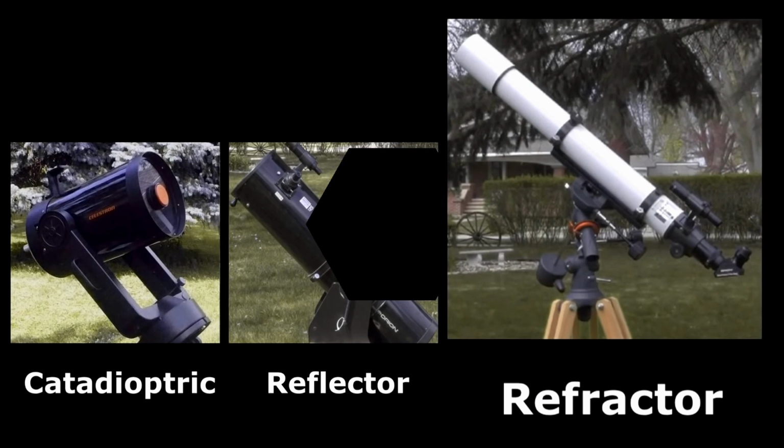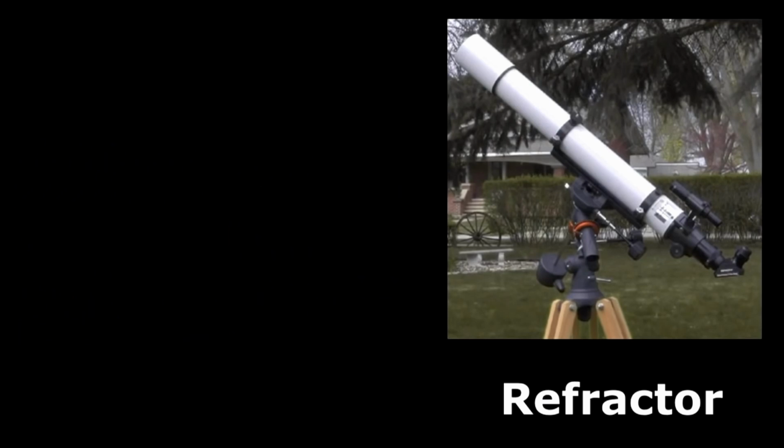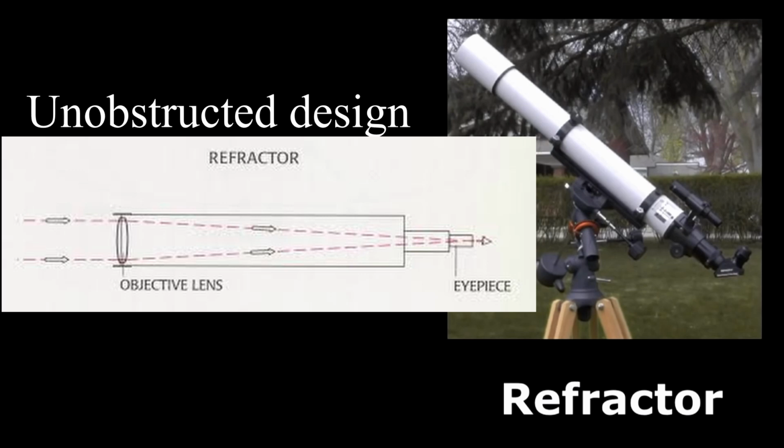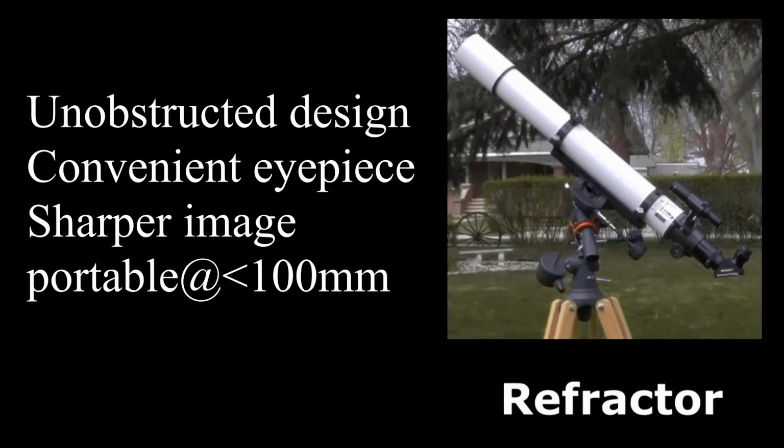First, refractor type telescopes. The main construction is relatively easy. You take a long tube, and the tube length depends on the focal length of your lens. The lens is installed in the front of your telescope, and the rest of the tube is used to focus the refracted ray onto your eyepiece. Better optical quality because there is no light loss. They are portable if made under 100 millimeter of aperture.